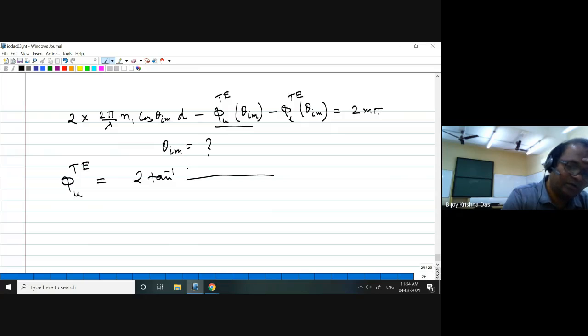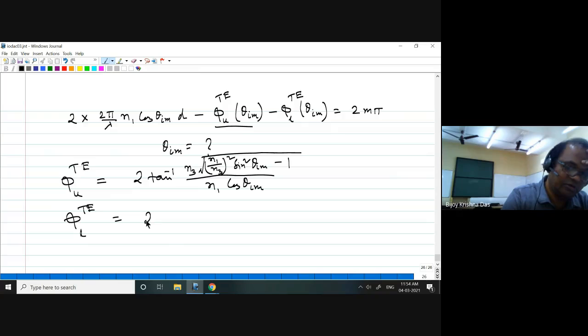N2, right? Here N2 means which one? In uppercase, it is N3. And N1 by N3 square sine square theta im minus 1 by N1 cos theta im. And if I just consider phi LTE,